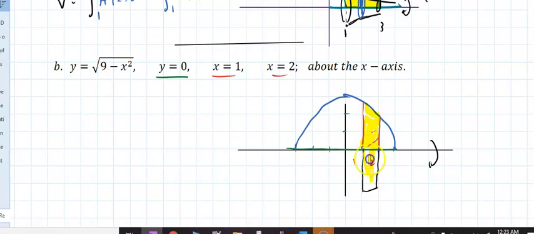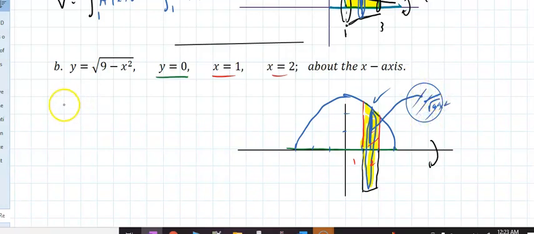And I'm trying to find the volume for this now. Again, we're going to always use the original. So if I pick my rectangle right there to the original, perpendicular to the axis of rotation, I notice that the circle has the outer rim being the blue function. So this radius of that circle is actually the function itself, which is square root of 9 minus x squared. And the volume is the integral from 1 to 2